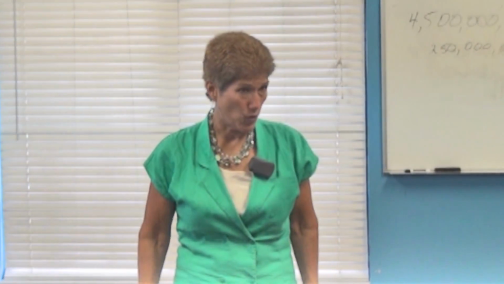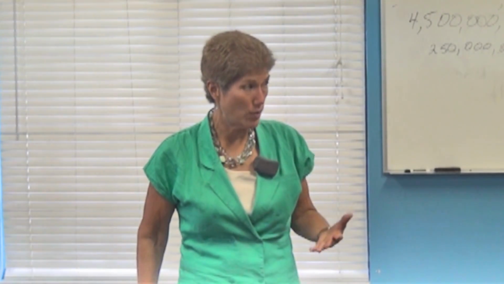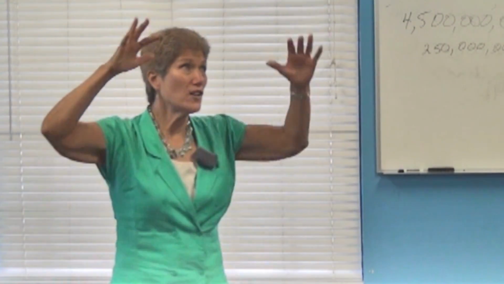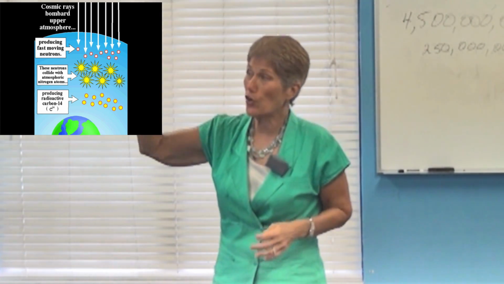Carbon-14 is unstable, and so therefore it is a radioactive isotope of carbon. It's still carbon, but it's not happy. And when it goes through the radioactive process, it turns into nitrogen that is happy and that is stable. That's what it does. So that would be the daughter product. Now, when cosmic rays come into the upper atmosphere and hit nitrogen, they can cause some issues and turn nitrogen